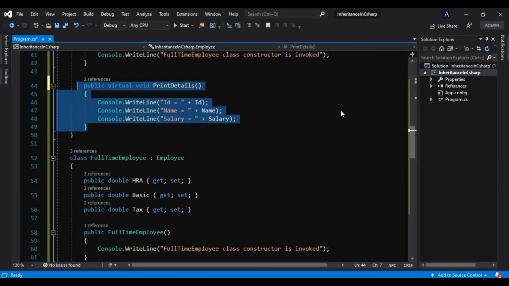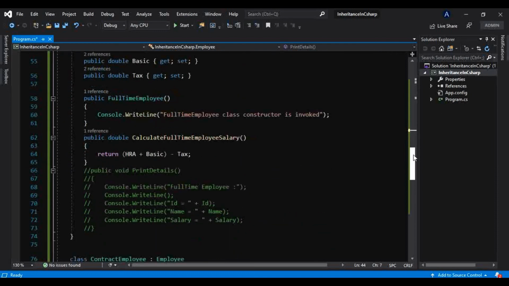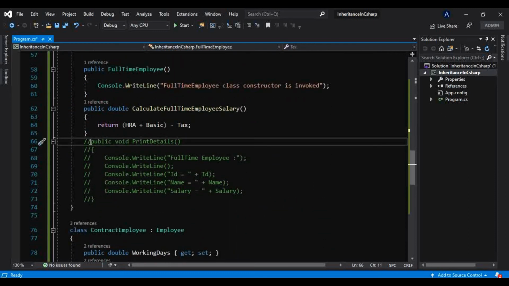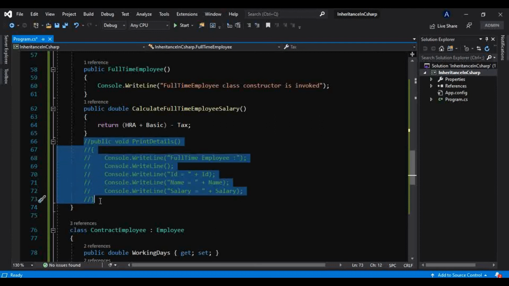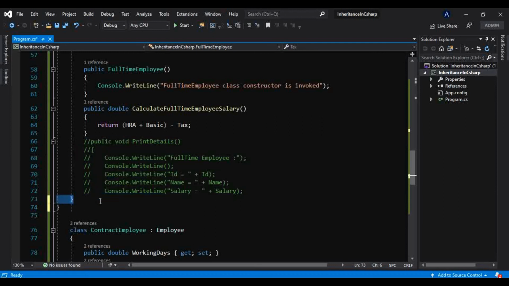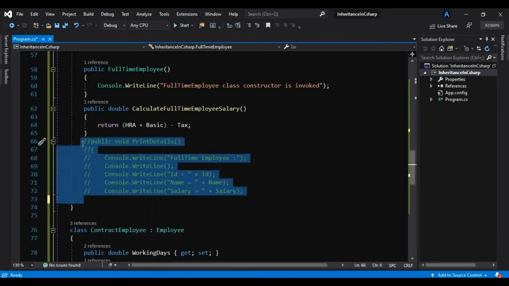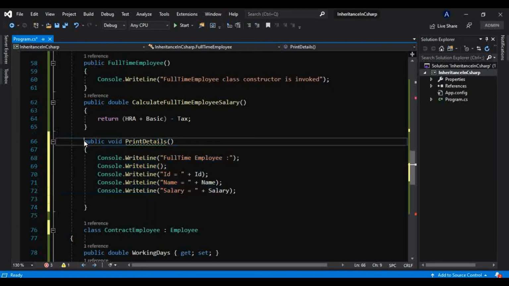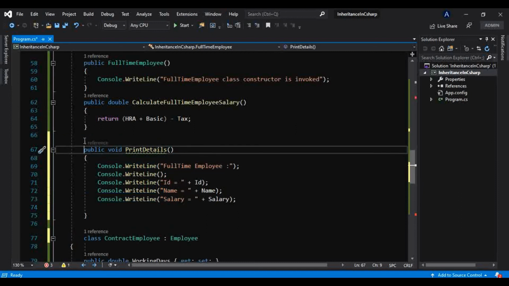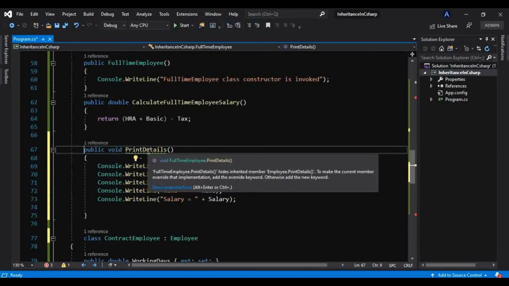Let's copy this method from here, or else there is already a method here which we have commented out. I have not removed it, so let me uncomment that. Now there is a green squiggly line. What does it say? Full-time employee PrintDetails hides inherited member Employee PrintDetails.